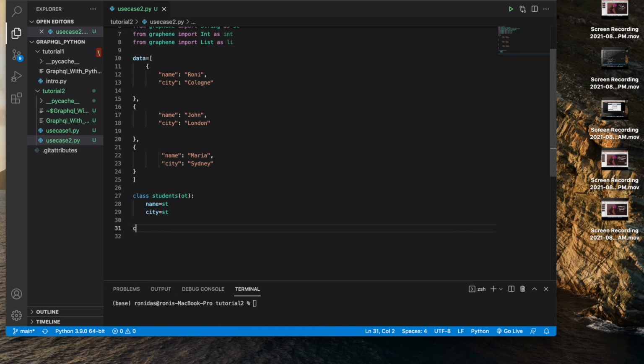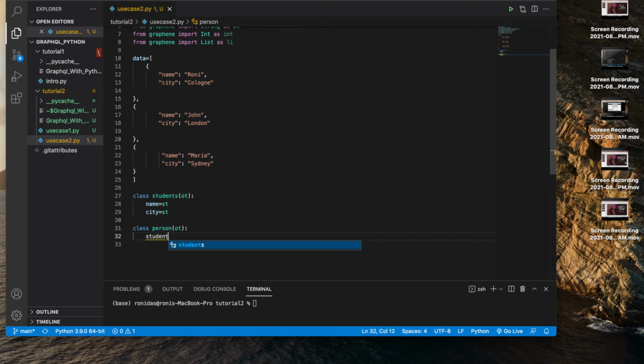Now I'll use the reference of this thing in another object. So now I'll write class Person. This is also going to be an object type, so this is also going to be OT. And it actually contains multiple students.